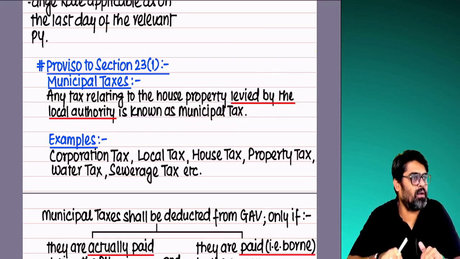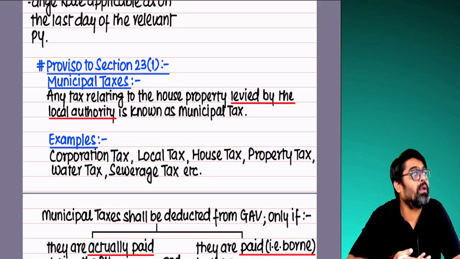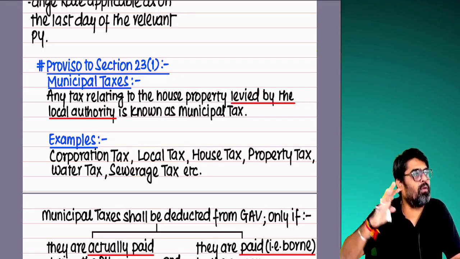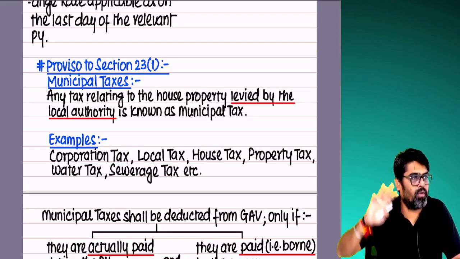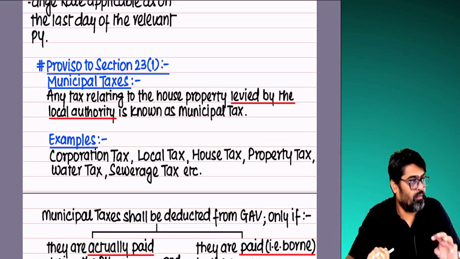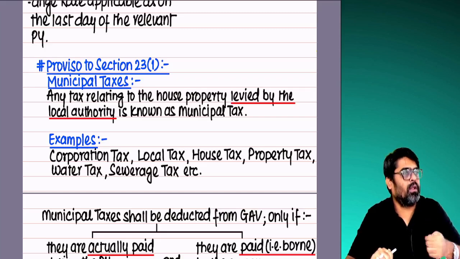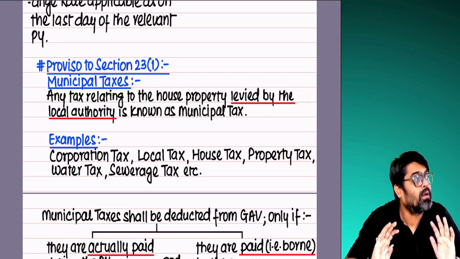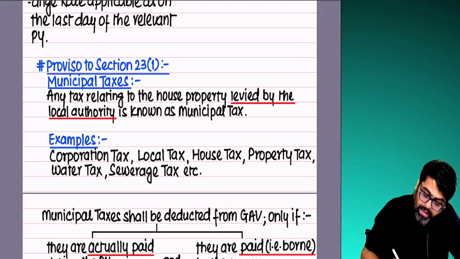Municipality. Here it is BBMP. Yes or no? If you go to Hyderabad, it will be Hyderabad Municipal Corporation. If you go to Bombay, it will be Bombay Municipal Corporation. Yes or no? If you go to any small town, there will be a Nagar Palika. Getting my point? So any tax,